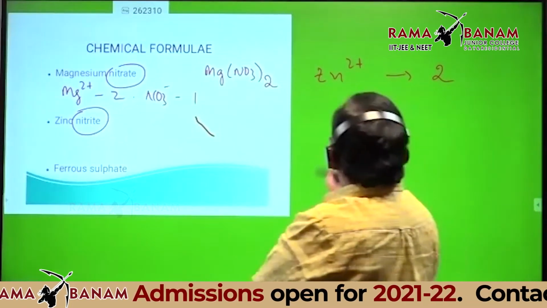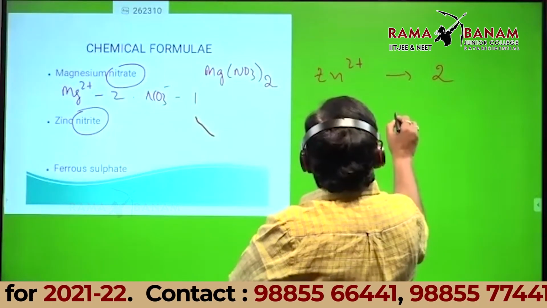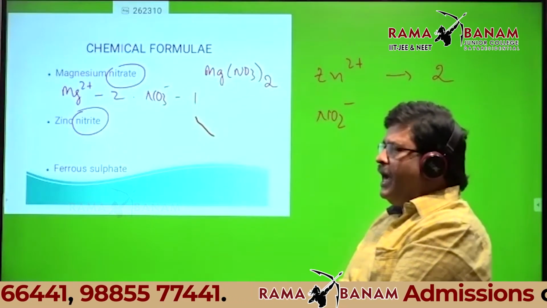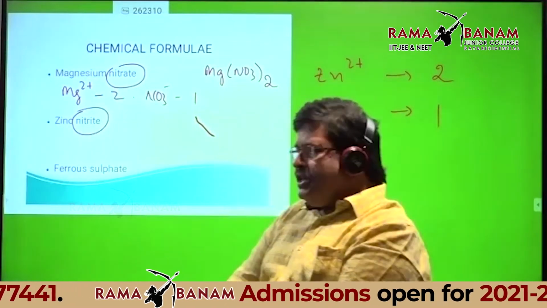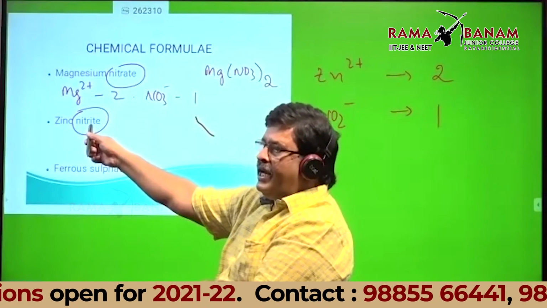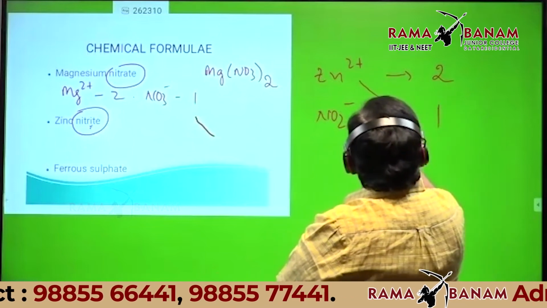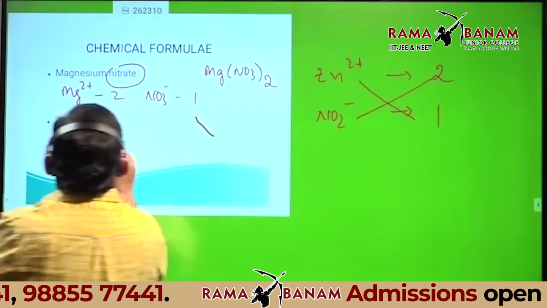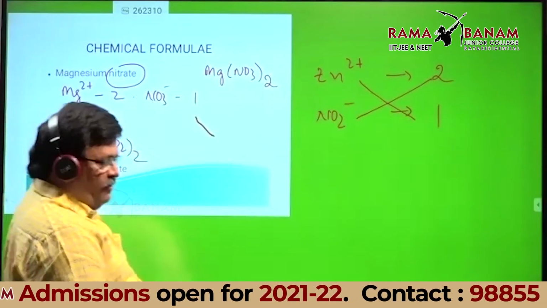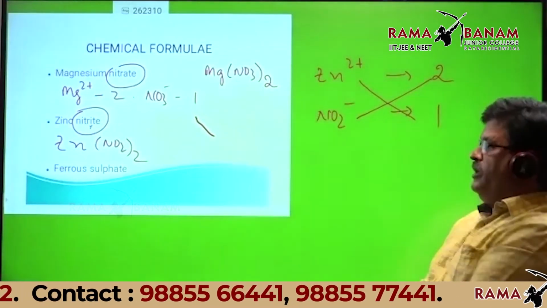Ronit, you want to tell something? Nitrate ion formula, can you tell? Nitrite. What is there on the slide? NO2 minus, sir. Here it is nitrite. Look at the board. Then the formula is Zn(NO2) twice, NO2 whole twice, not NO3. Everyone should know the difference between a nitrate ion and nitrite ion.